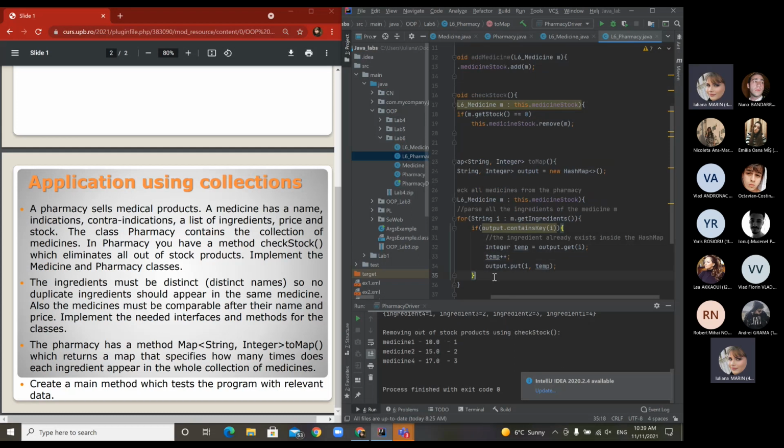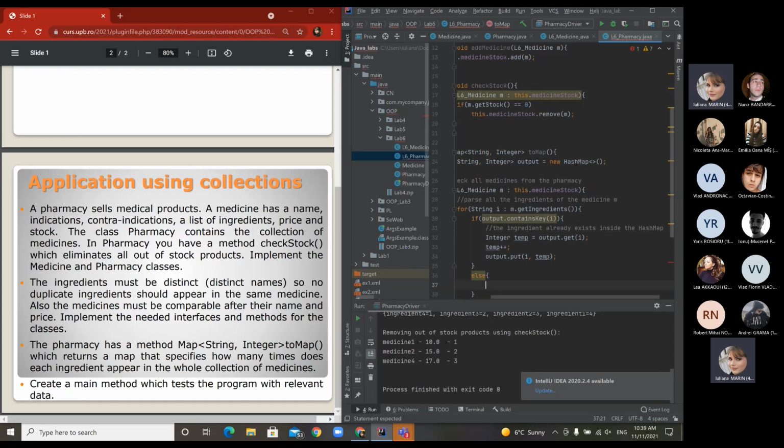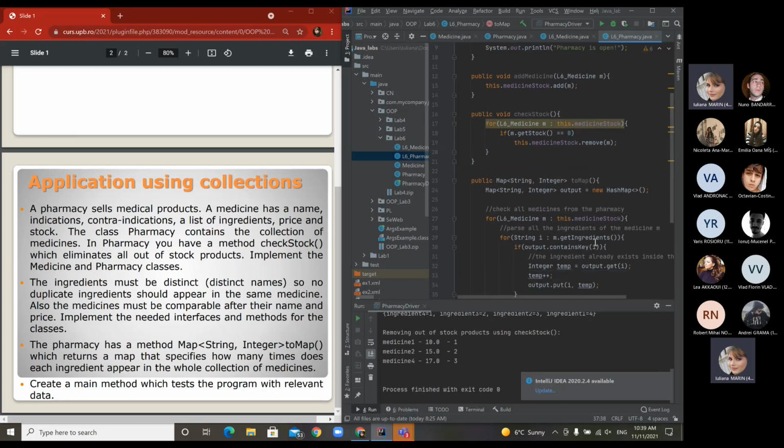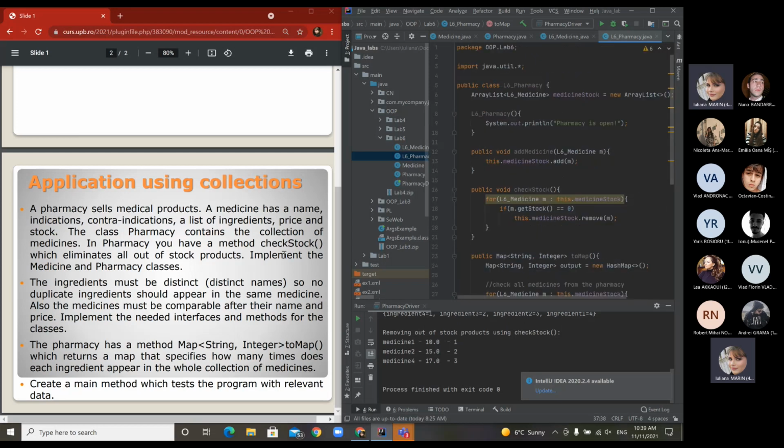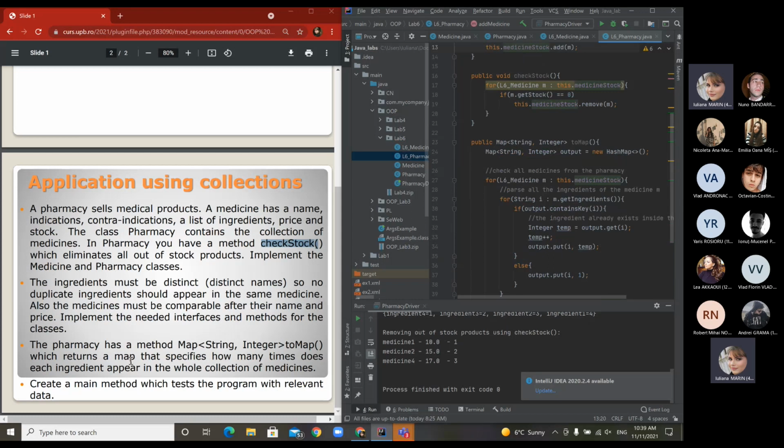Then, whether it's not the case, it means that you have it for the first time, so inside my output I will have to add the ingredient and start counting from the value 1. And this is how we have each and every value inside. So this is what you need to do for pharmacy. You've got the check stock. Of course, by default, you add medicine, then you check the stock, and then you've got the to map, which is written here, such that you count how many times you have each and every ingredient